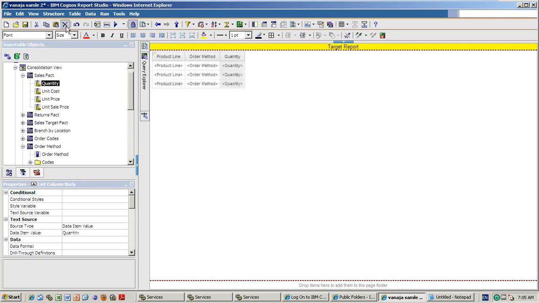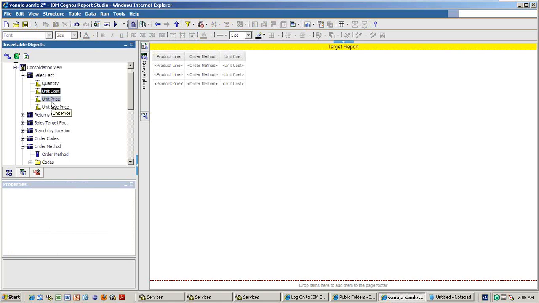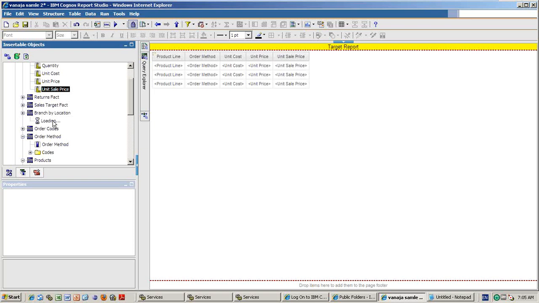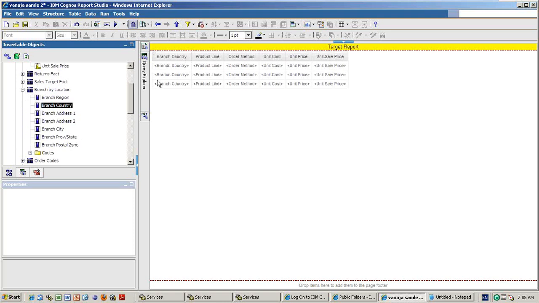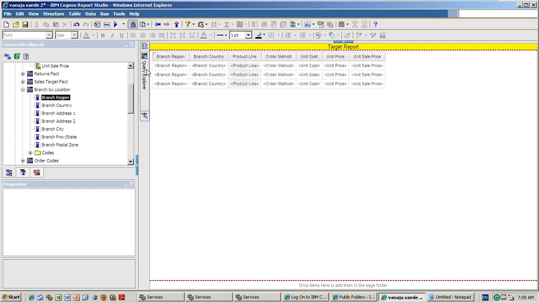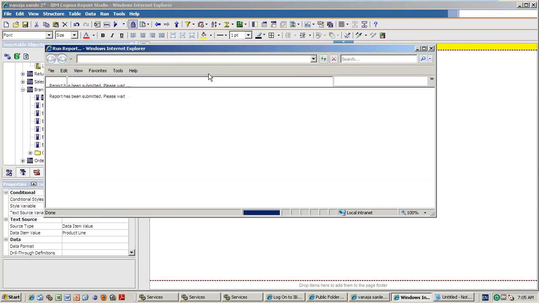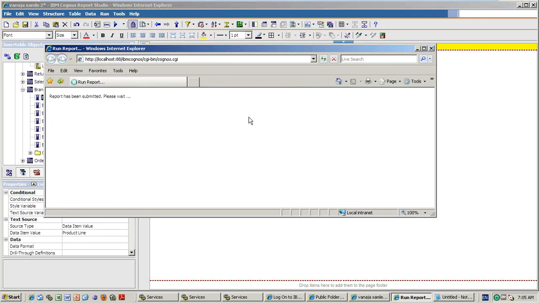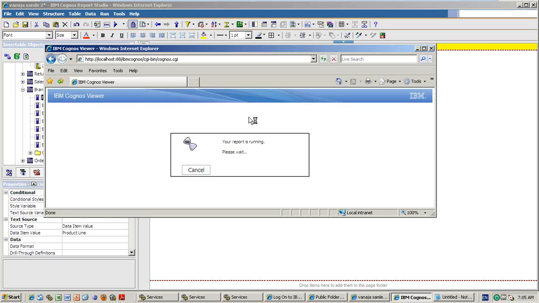I delete quantity, I don't want it. Then unit sale price. Region by location here is only countries. So now I drag like this, and I am able to see each region, what the country is, what the order method is, and what the product line is, all the information.